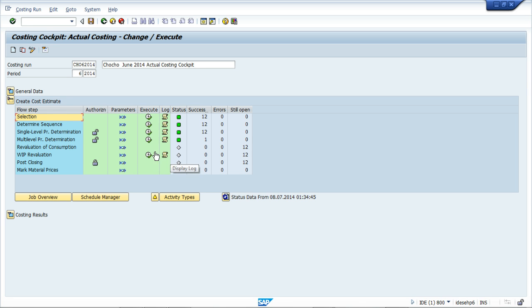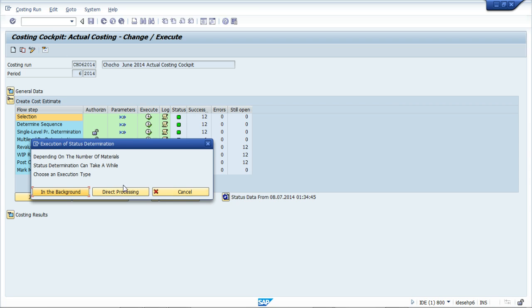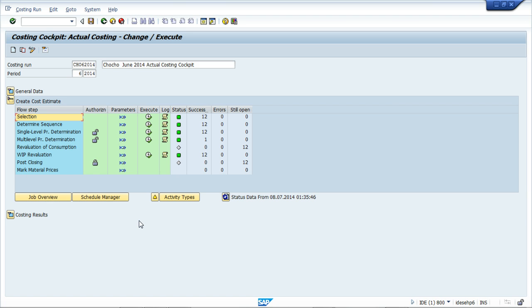Let me see again if I can get this green here to show direct processing. Yes, sir. We stop here, and for now I'll close,